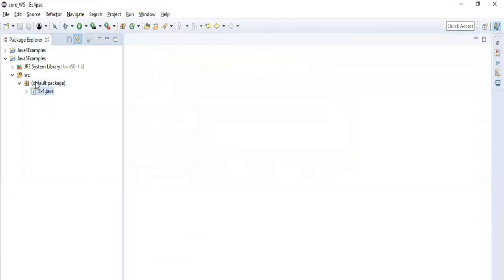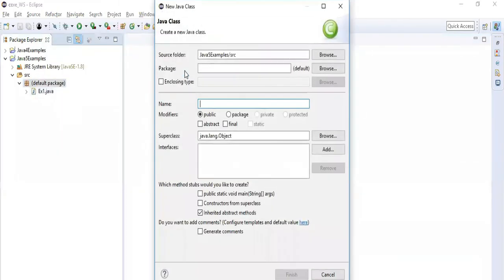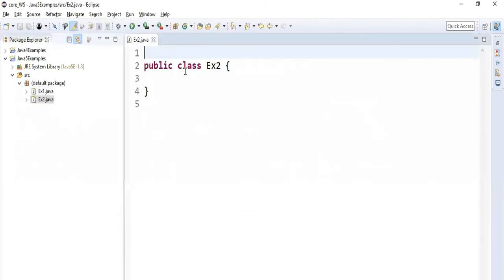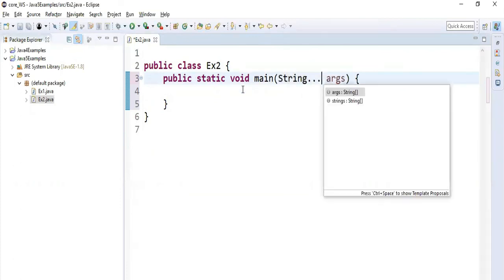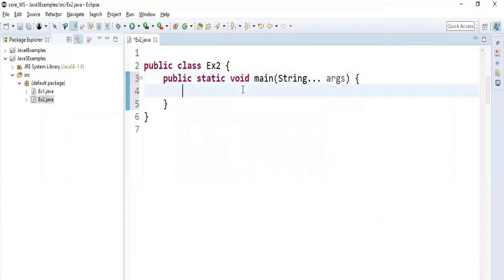The variable arguments, we'll see in another example. So I'm taking example 2. We can define it as an array.